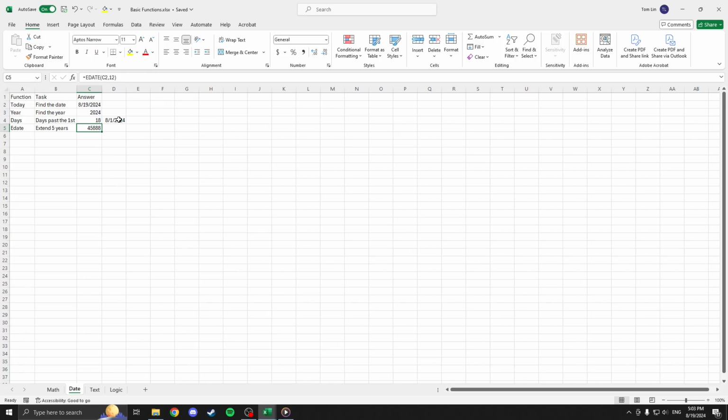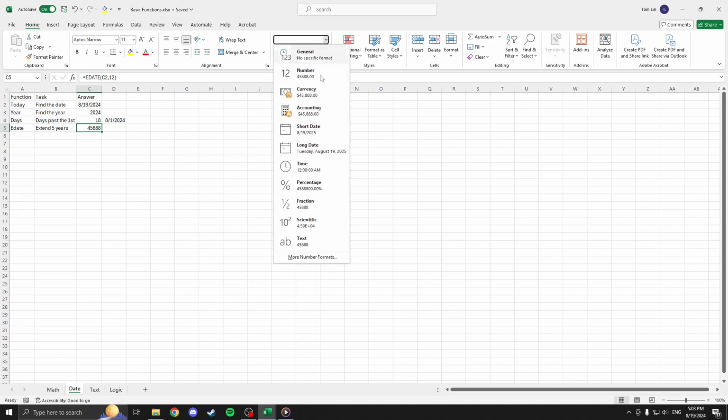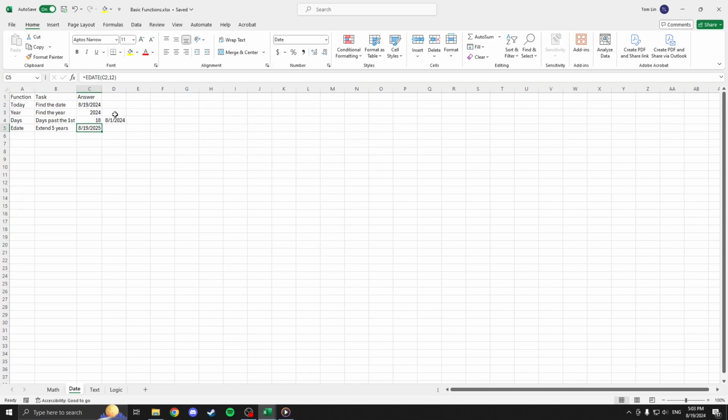This is because this is a serial number rather than a date format. We can go to our number and then change the format to a short date. Indeed, you'll see that this is 1 year extended. Next, you want to extend this number over here by 1 year for the next 5 years. What we can do is EDATE,